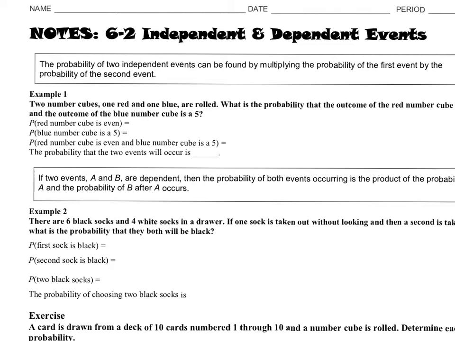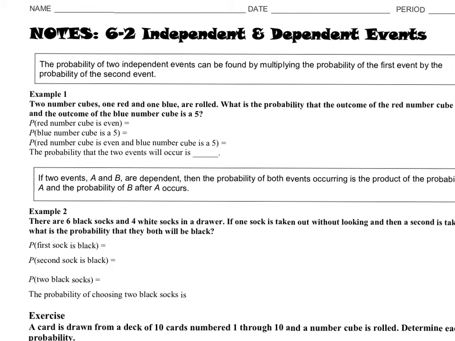Okay, so we're going to talk about independent and dependent events today. I want to explain a couple of things. In my hands right now, I have a penny and a number cube, or a dice, or whatever you want to call it. Okay? So if I flip the coin and roll the dice,